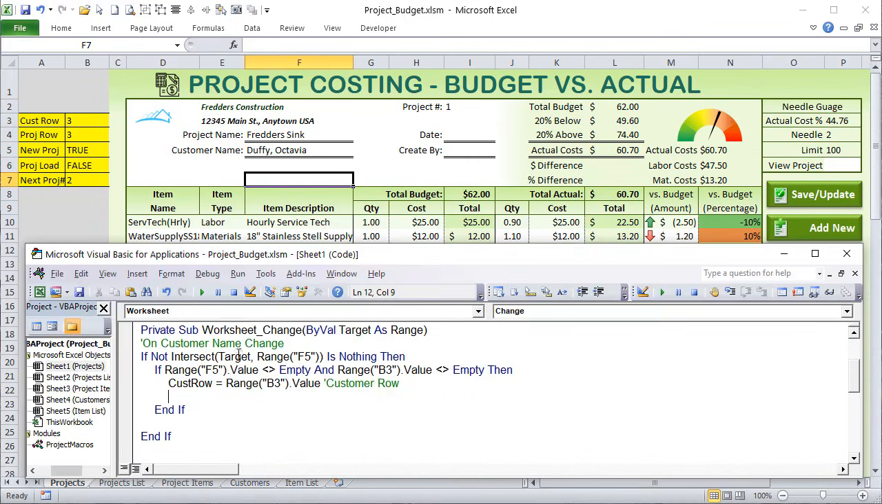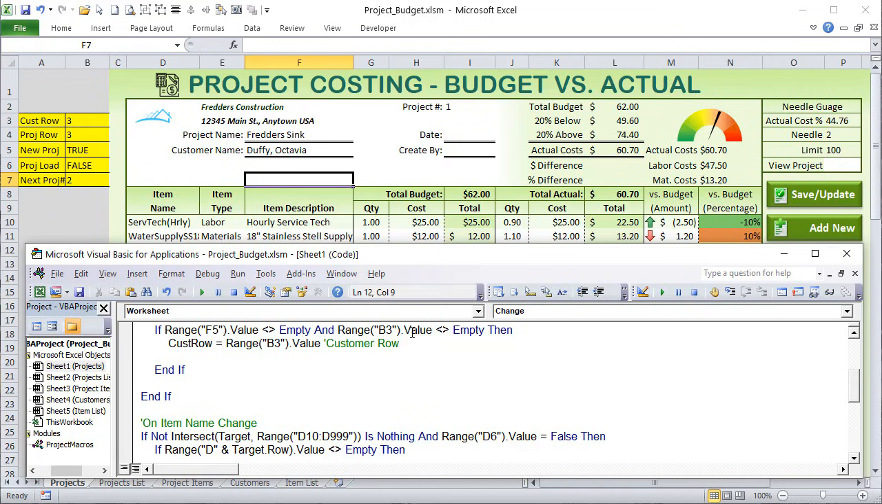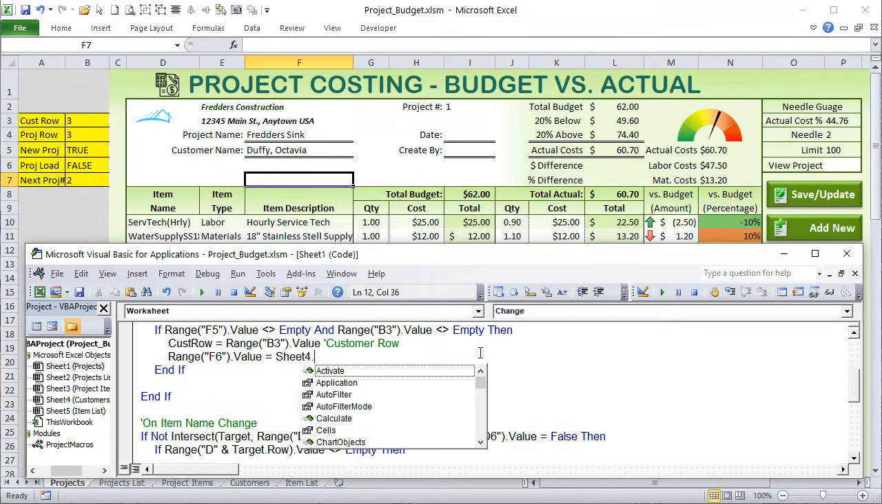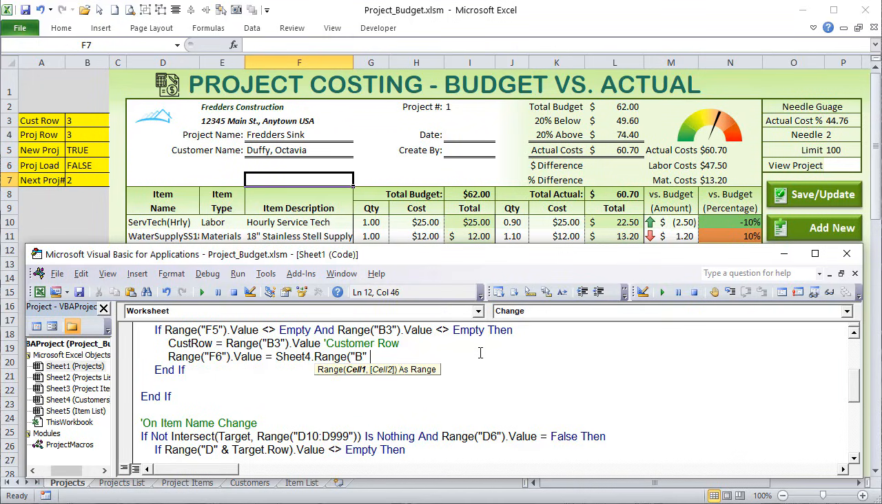So let's type that in right now. We got the custom row because we know there's a value in B3. So all we need to do is just write some code. In this case, it's going to be F6 range F6 dot value is equal to, remember our customers is based on sheet 4 dot range B and the customer row dot value. That's going to be address 1, and all we need to do is copy that pretty much